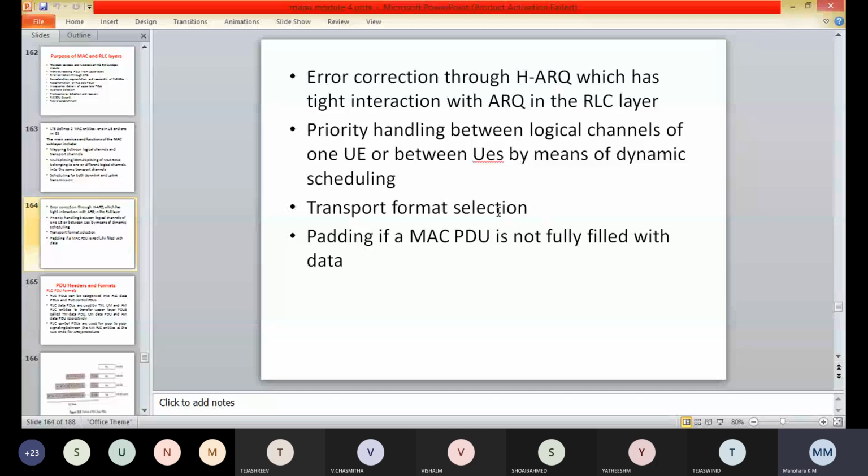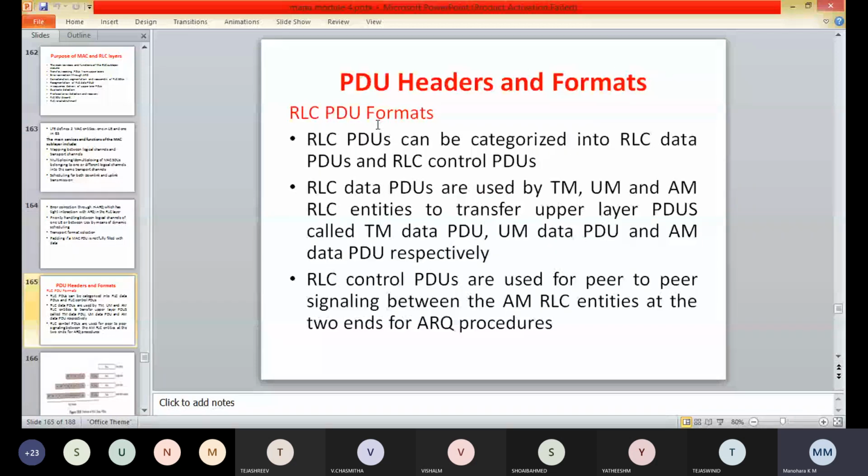The RLC data PDUs are used by the TM, UM and acknowledgement mode RLC entities to transfer the upper layer PDUs, called the TMD PDU, the UMD PDU and the AMD PDU respectively. The RLC control PDUs are used for peer-to-peer signaling between the AM RLC entities at the two ends of the ARQ procedure.